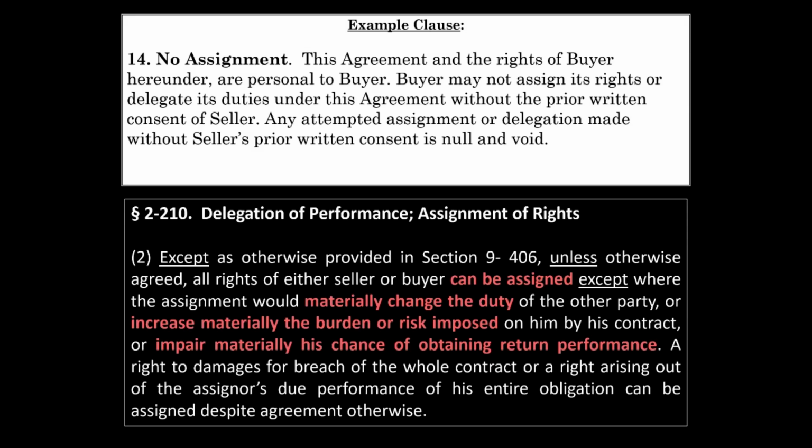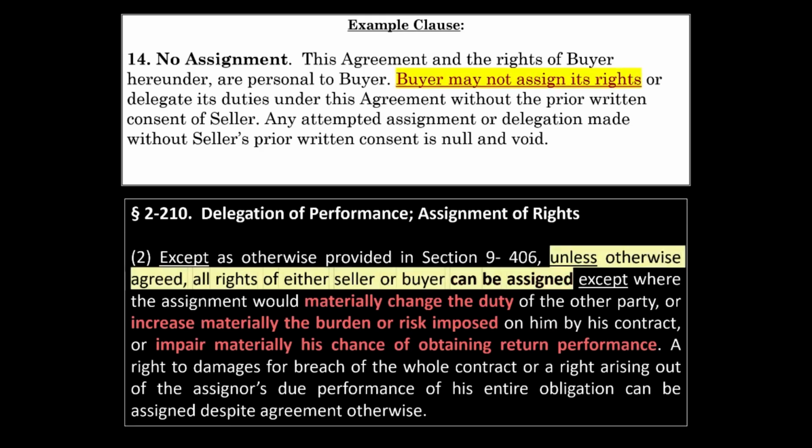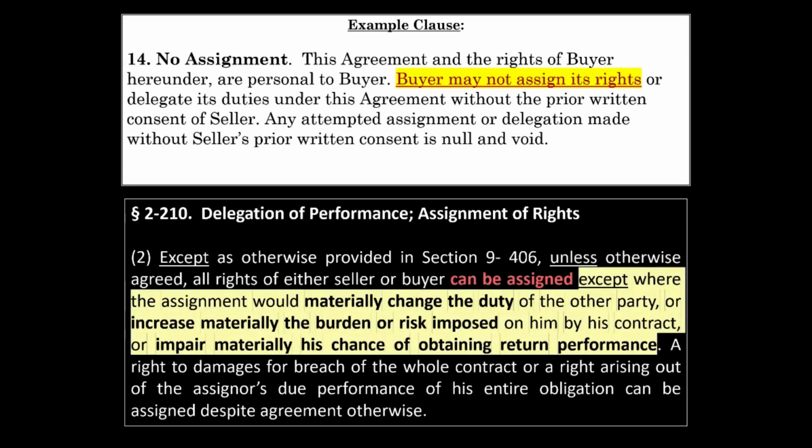Subsection 2 says a number of things, though not as clearly or as explicitly as a student new to the statute might hope for. First, subsection 2 confirms that unless otherwise agreed by the contract parties, an assignment of rights under the contract is permitted. So, unless the parties' contract includes an express term validly barring the assignment of rights under that contract, an assignment is generally permitted. But we must say generally, because the sentence then goes on to state an exception to this general rule.